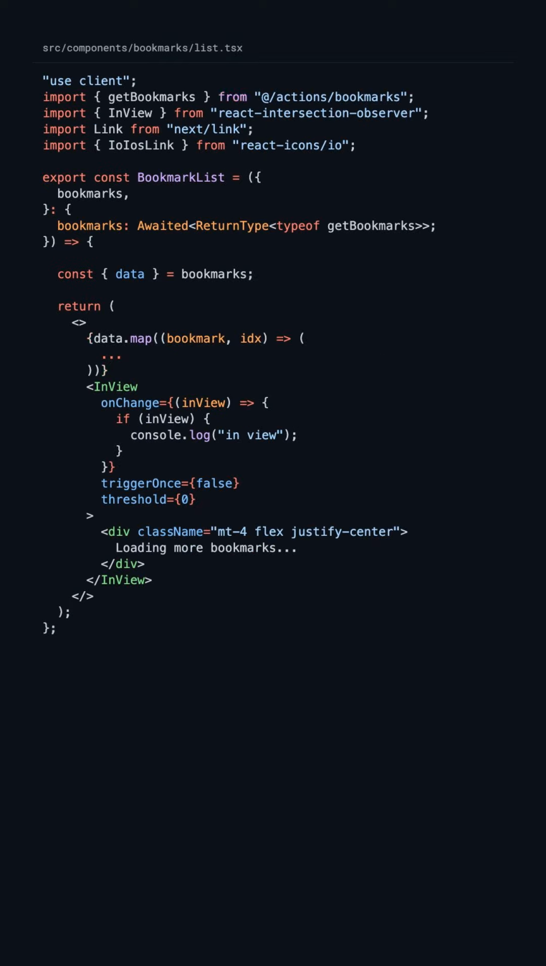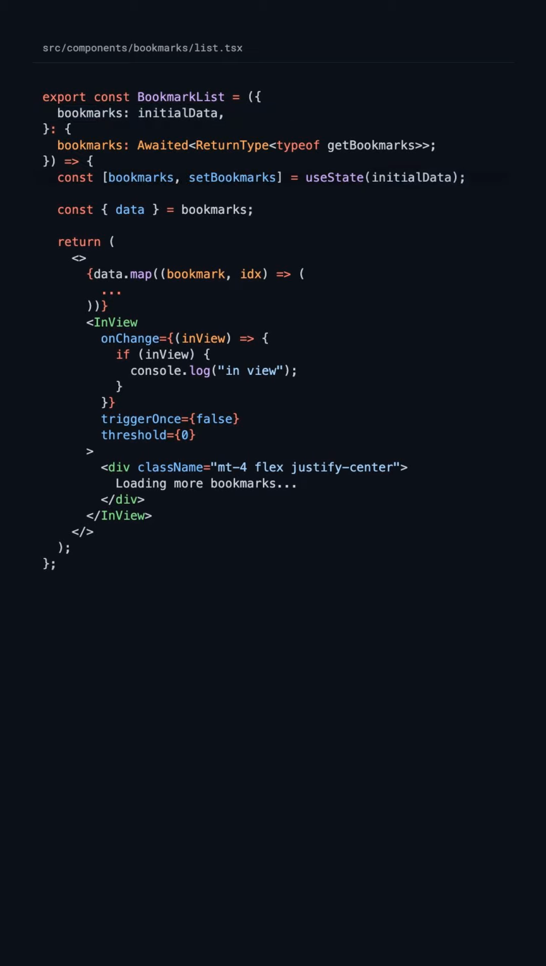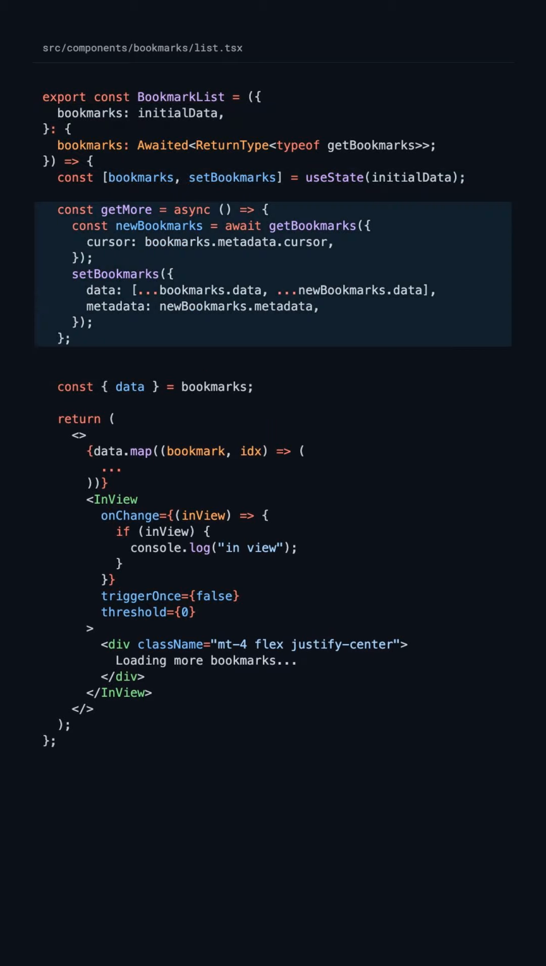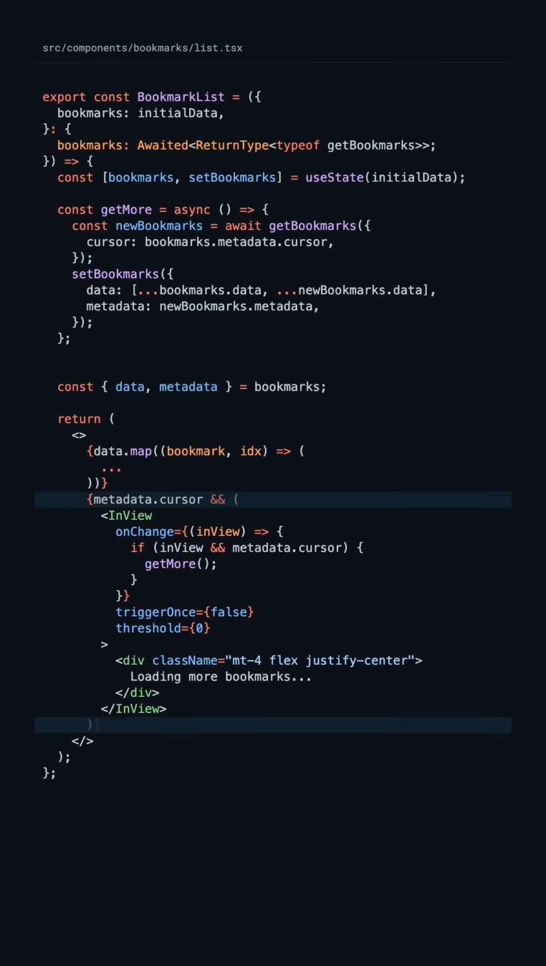Back in our list component, let's rename the bookmarks props as initial data and set it as an initial state. Now let's add a new function that will call the server action with the cursor and append the result into the state. In the onChange handler, whenever the component is in view and the cursor is not undefined, we will call this new function, and we'll display the InView component only when the cursor is not undefined. With this, you now have a fully functional